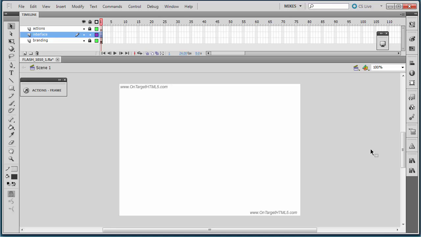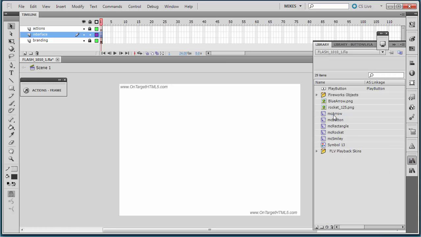If you do have access to the exercise files, you'll have a copy of this finished file in there. You'll have all the components in that library. You can use them to create your own. So the first thing we want to do in the first step is go ahead and create the interface. So I'm going to go into my library panel and select my little arrow, and I'm going to